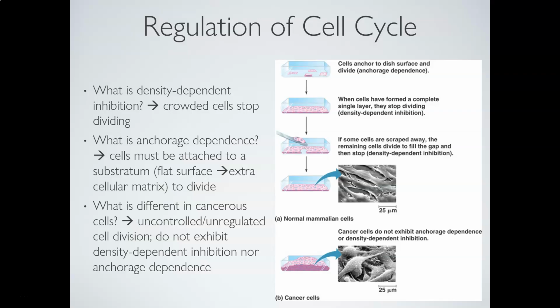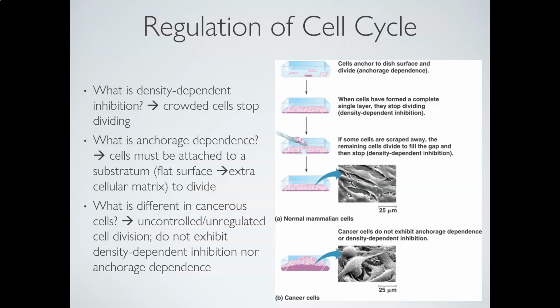So what are these? When we talk about density dependent inhibition, to inhibit something means to stop it. So when we talk about cell division, the cell cycle should be inhibited when there's a large density of cells surrounding each other. So if I put cells into a culture, if I only put a couple of them in there, they should be able to divide until they start running into each other in a flat sheet. All of your tissues generally are in flat sheets. And if I run into the next cell as I'm dividing, I should stop dividing.